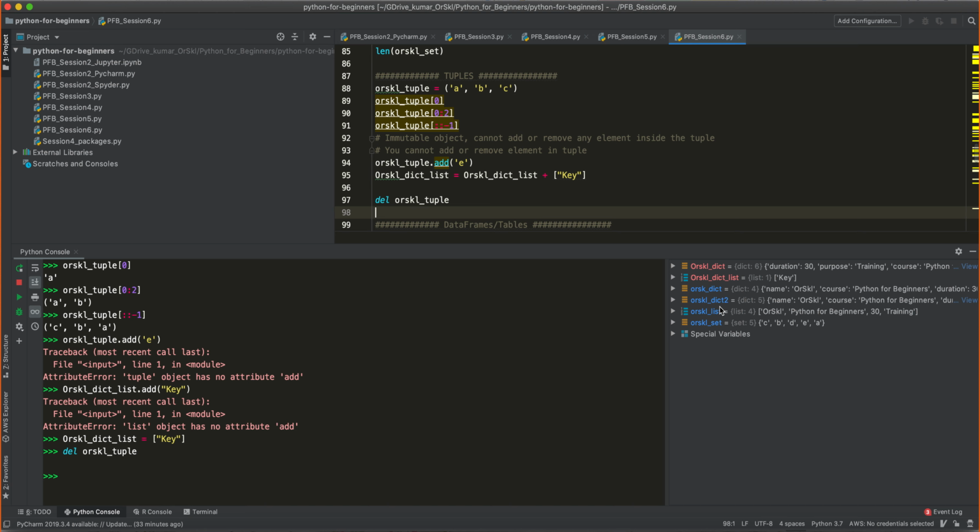Okay, that is set. Tuple, on the other side, is exactly like a list with index: it will have position numbers, it will have index numbers. But once a tuple is created, you cannot add a new element into it. You cannot remove an element from the existing tuple. That is why tuples are called immutable objects. You can also call it an immutable list. So this is a summary of all the data structures that we have seen.